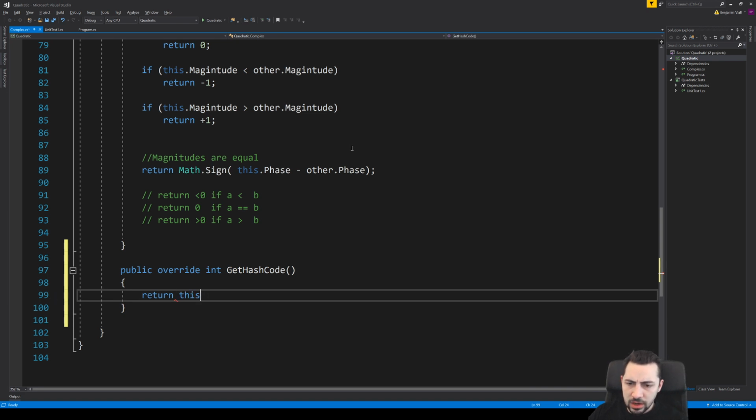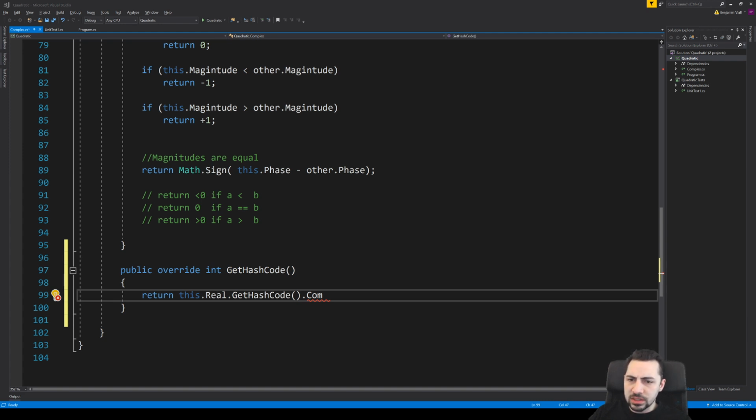This dot real dot GetHashCode dot Combine. That is what it is called. HashCode is in the System namespace.